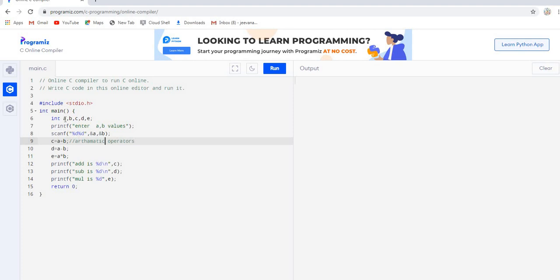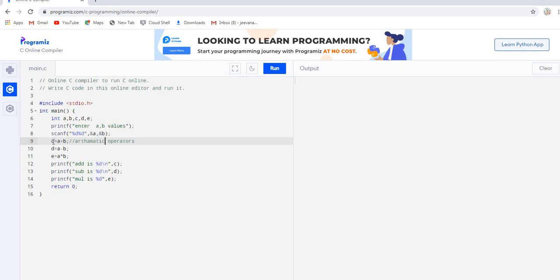Okay, now I'm declaring variables here, that is A, B, C, D, E. First I'm only taking input of A and B. I'm using these C, D variables for addition, subtraction and multiplication. So here I'm declaring a statement, that is enter A, B values, and taking input from the keyboard, that is A and B. Now here addition of this A and B is stored in the C value.